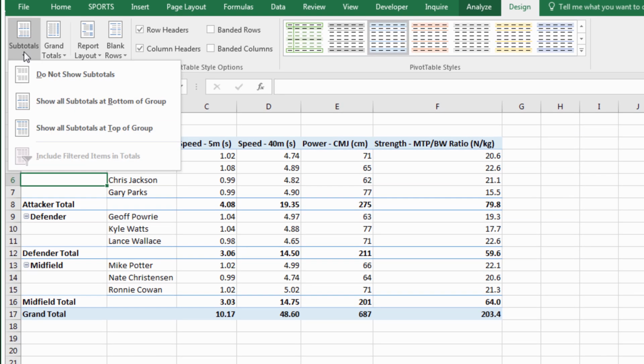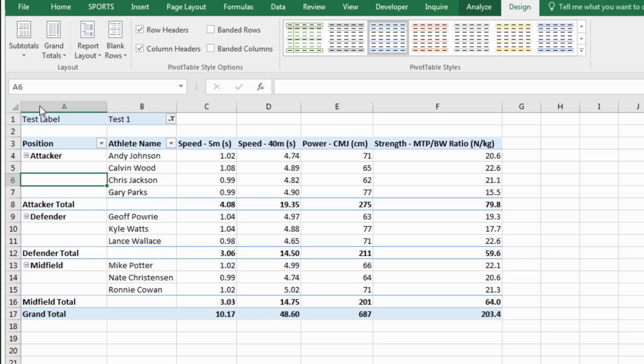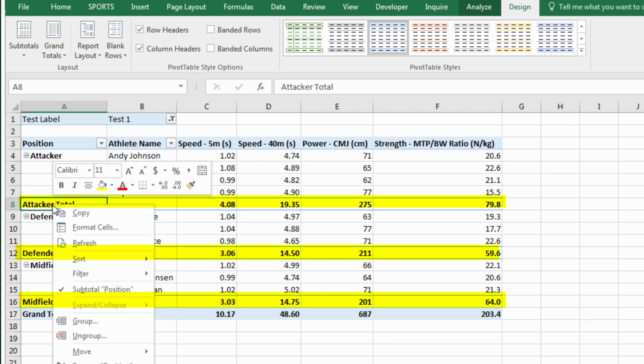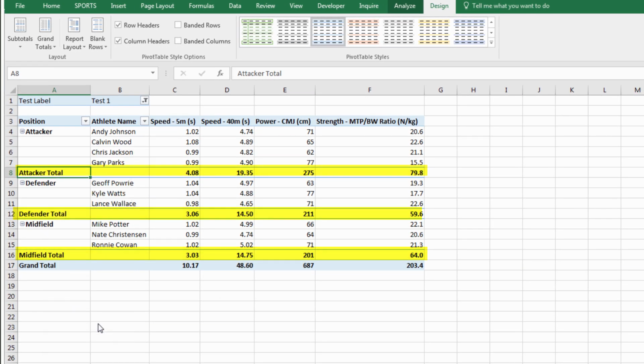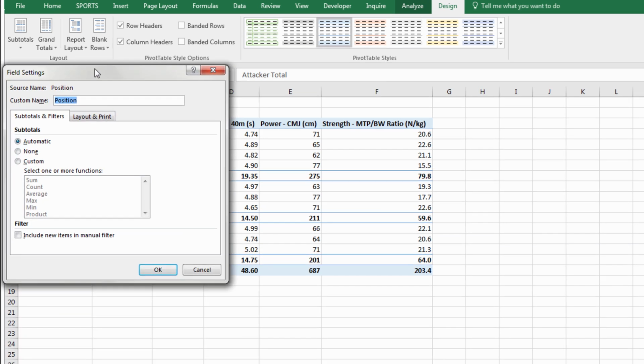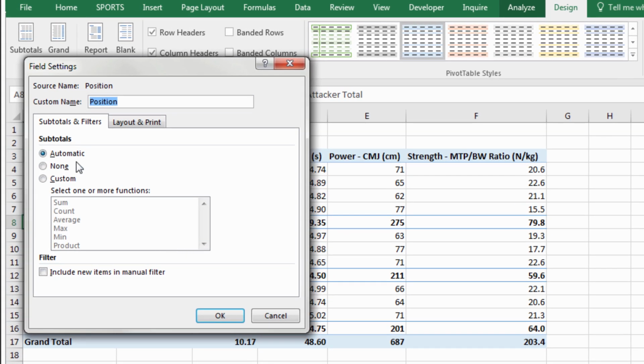One more thing I want to do is put in subtotals. Show subtotals at bottom of group. And so there we are, there we have the attacker total. I can right click on that, and under field settings I could say I want custom,